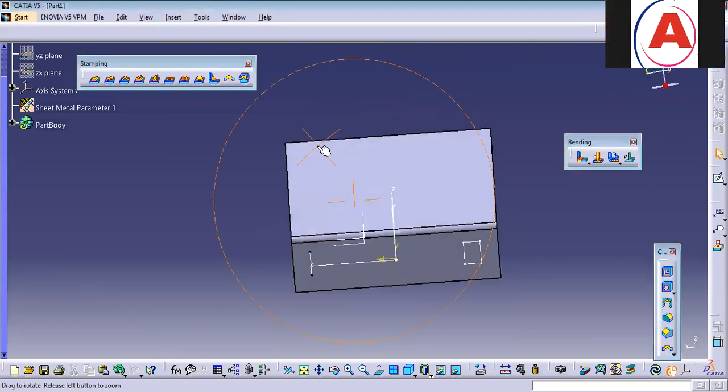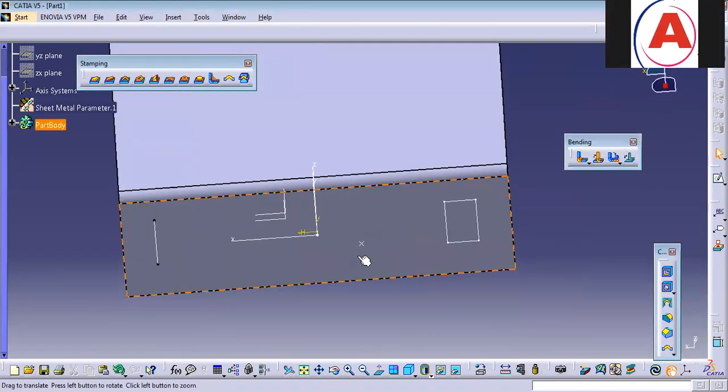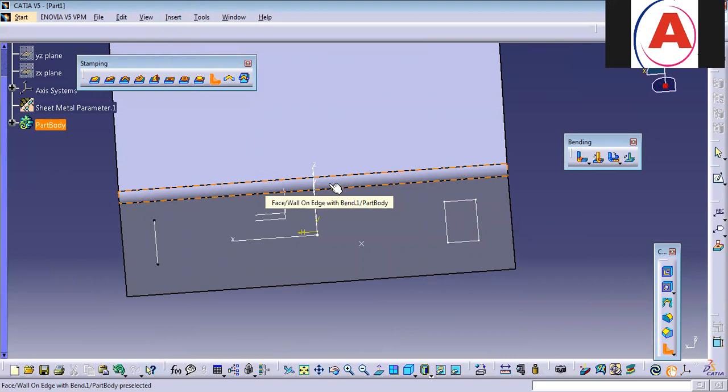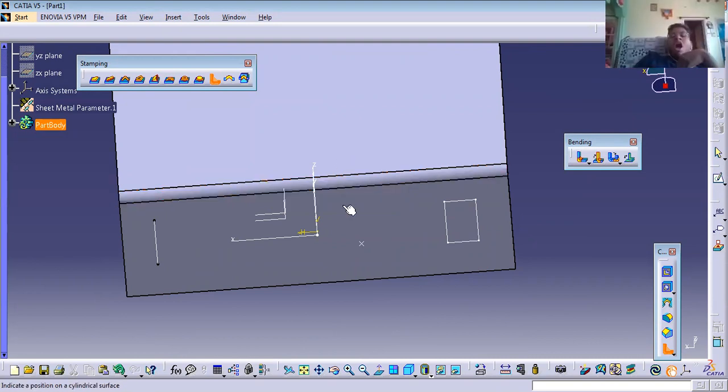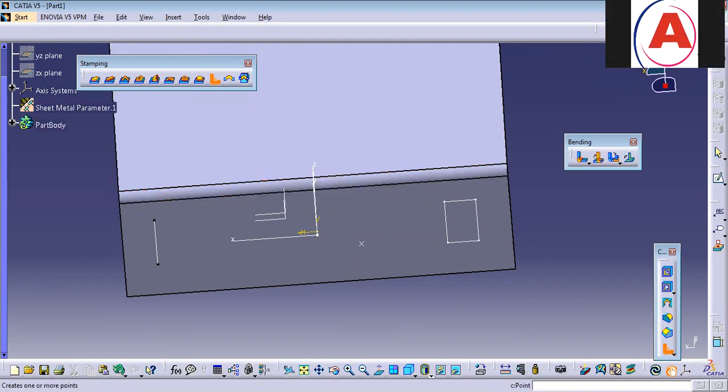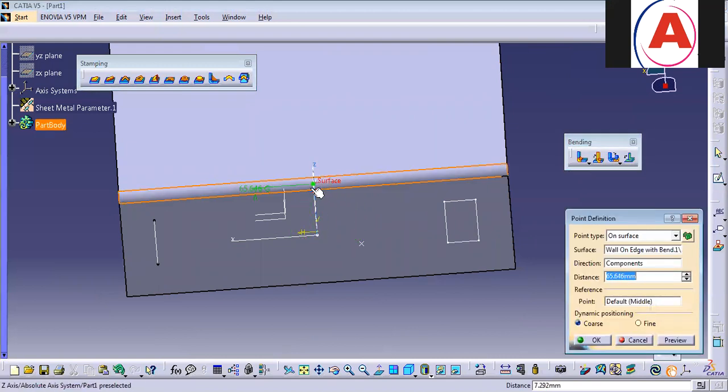No, that's okay. So here, the stiffener rib, just click on this. Before doing the stiffener rib, you have to create a particular point on it. By selecting this, just give a click, and you can create a point from this center. So you can assign what distance you want here.